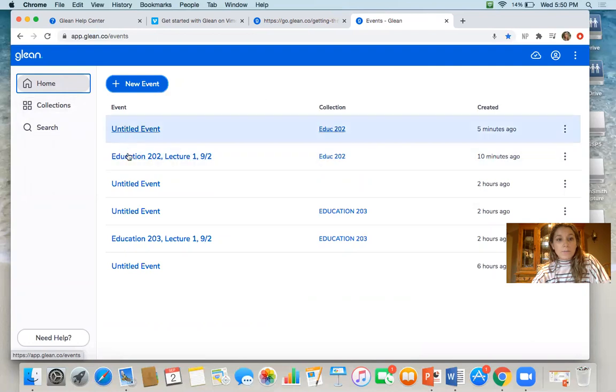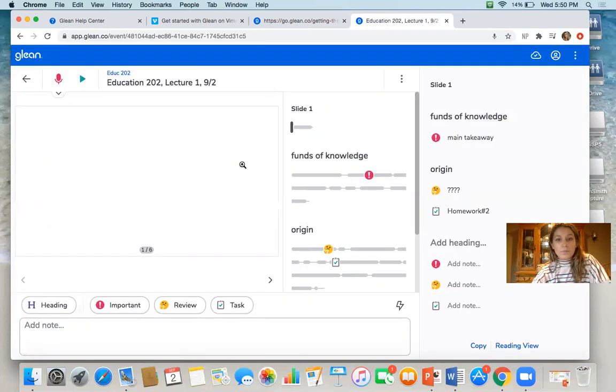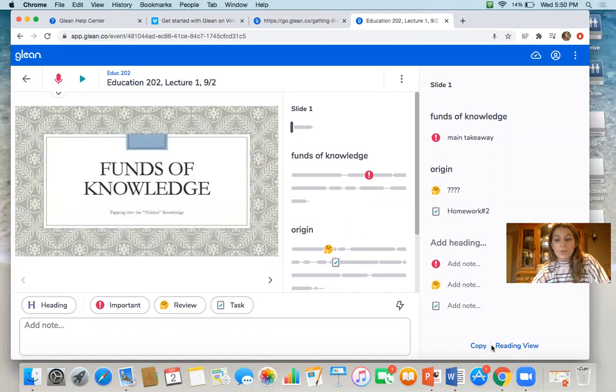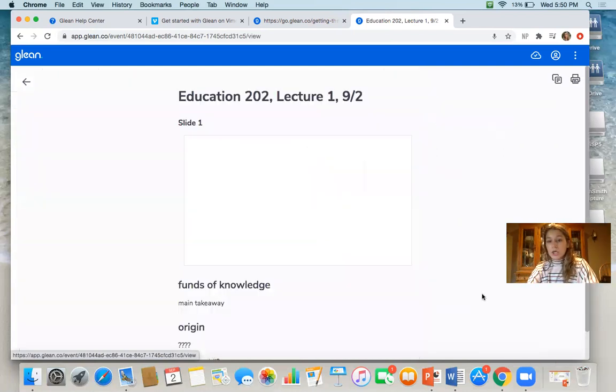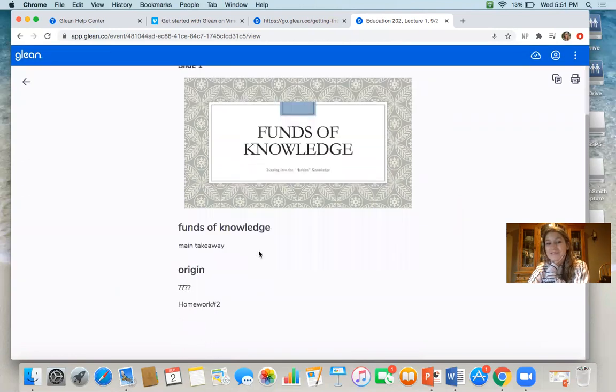Back to home. So then once you're on this page too, there's different views on the bottom here. So once you get all of your notes typed in, you can go reading view. And then obviously if you went through more slides than I did, you would have the different slides there too